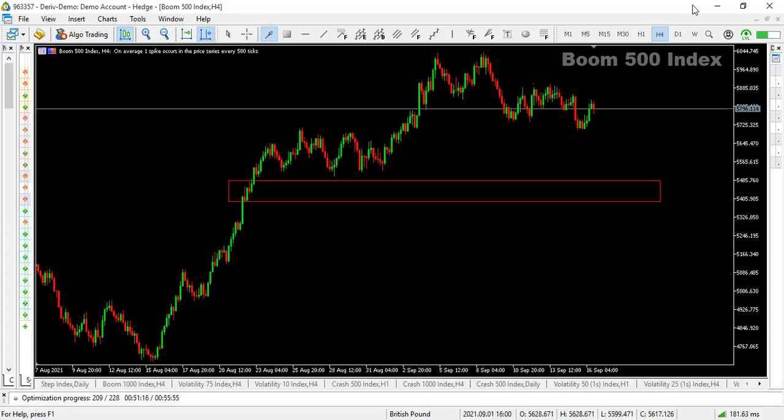What's the safer leverage for beginners? For beginners, I would suggest that beginners stick with 1:200, especially on synthetic indices, all right? Especially on synthetic indices. So let's quickly look at